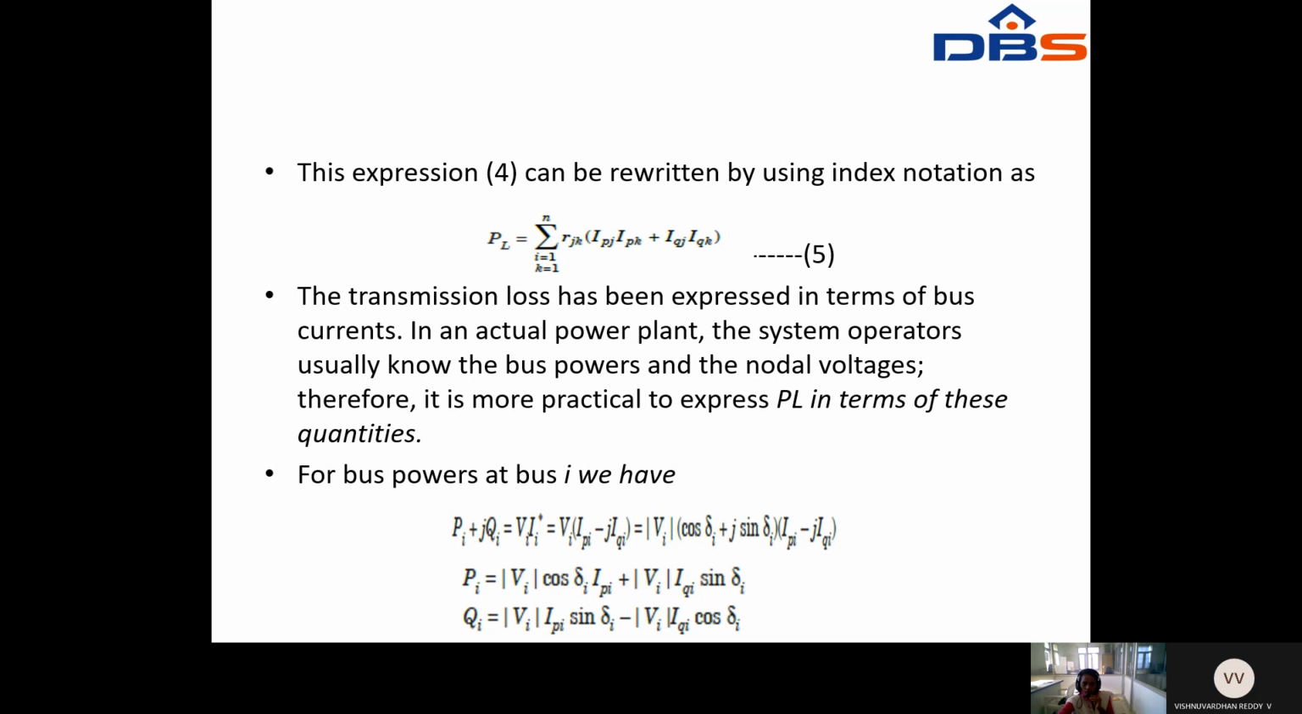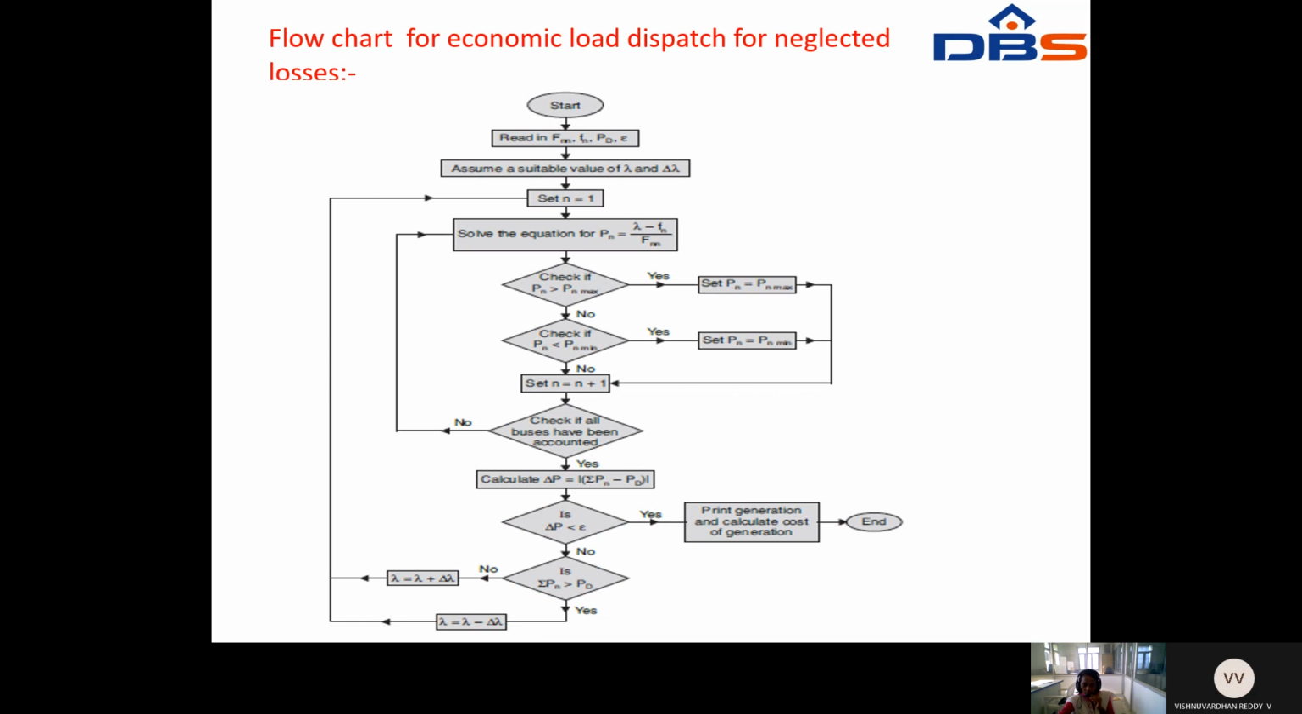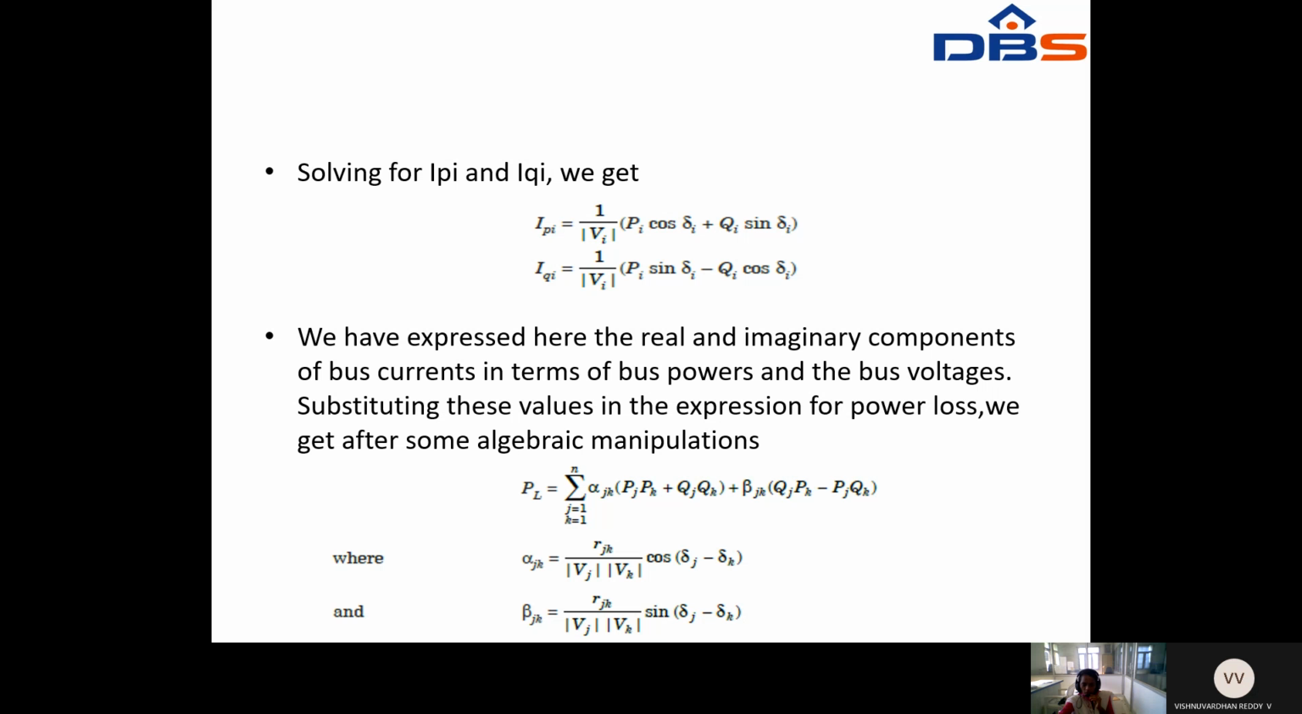After that, solving for IPI and IQI, we have IPI equal to 1 by VI, into PI cos delta I plus QI into sin delta I, and IQI equal to 1 by VI, into PI sin delta I minus QI into cos delta I. So we have expressed the real and imaginary components of bus current in terms of bus power and bus voltage. Substituting these values in the expression for power loss, we get, after some algebraic multiplication,